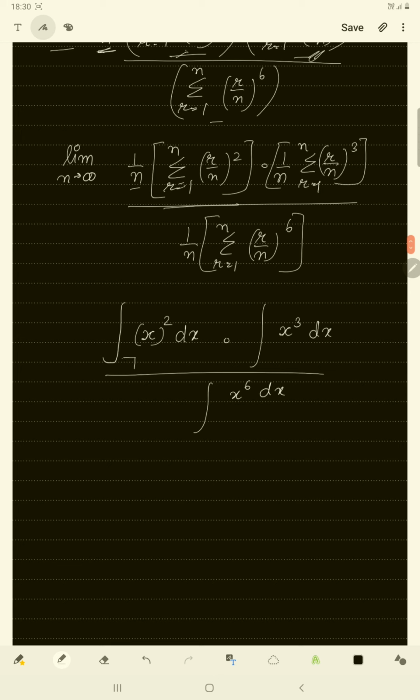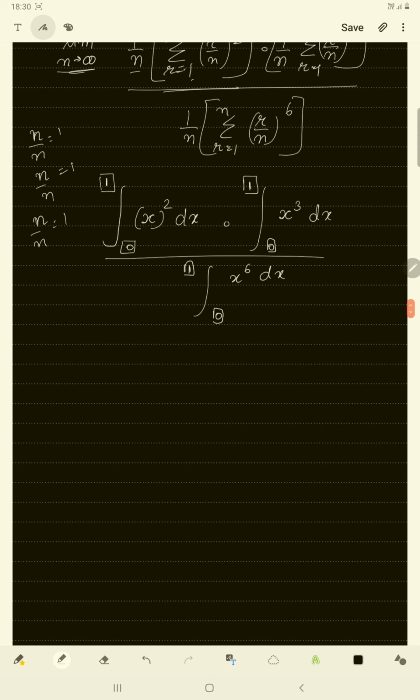Now to write the limits, we again need to apply the concept that we did in the previous video. R equals 1. When we put r equals 1, we get a 1 by n in this bracket, a 1 by n in this bracket, and a 1 by n in this bracket as well. And since n is tending to infinity, we get 0 out of all. So the lower limit of each of these is 0. Now for the upper limit, we need to give n to this r value. So we have an n over here, here, and here. Solving this, we get 1 out of each. So we have 1 in the upper limit.